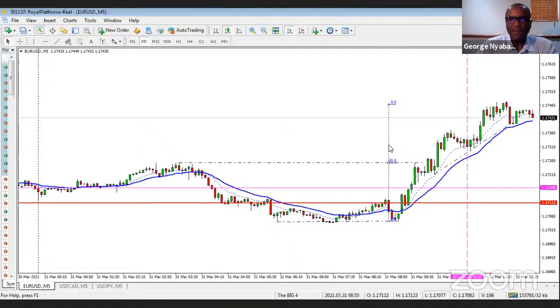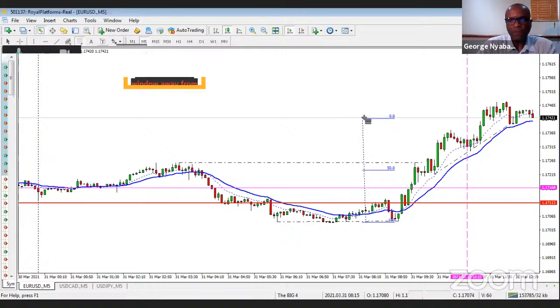So I'll just put in this measured move, and again, let me just take it off in case you're seeing that for the first time. So I use that instrument there. Okay, so there's the height of my trading range, and the market is going to seek to get to that measured move.